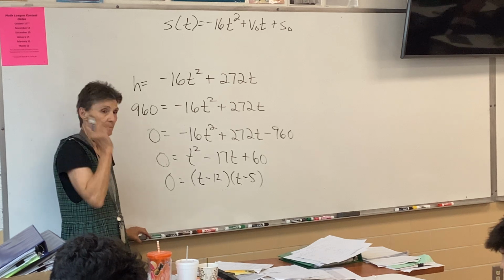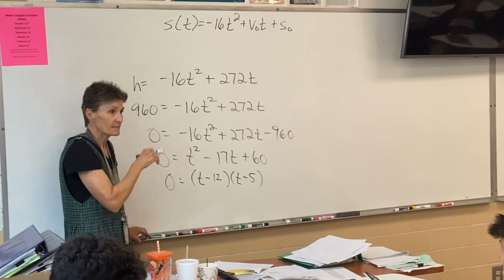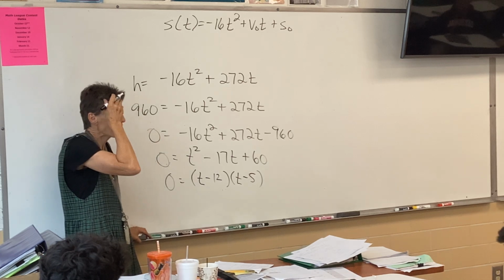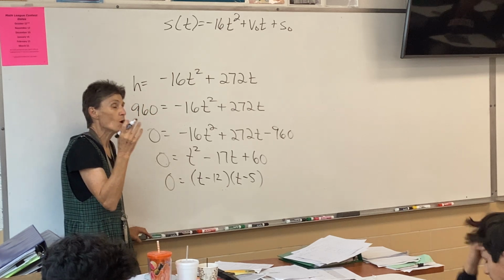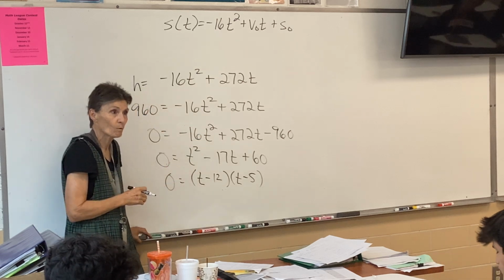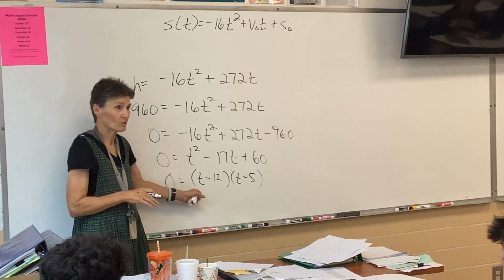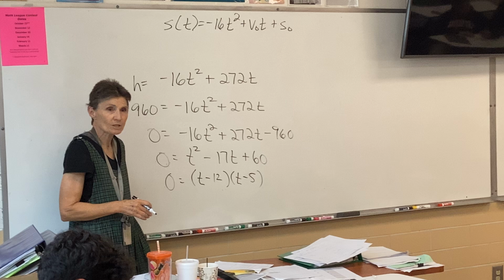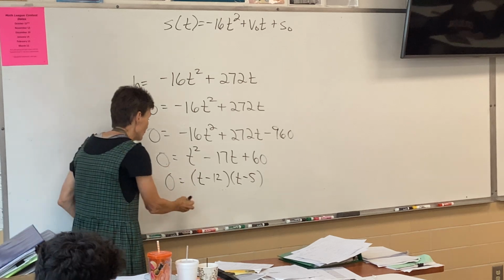Wait, why would it only be 20? If this is a test question, and you try a couple and you just can't think of it, if 12 and 5 doesn't pop into your head, don't sit there and waste time. Jump in and do the quadratic formula, because that will always work. It's quicker to factor, but not if you can't find the factors. So don't just sit there, jump in and do the quadratic formula. It will give you